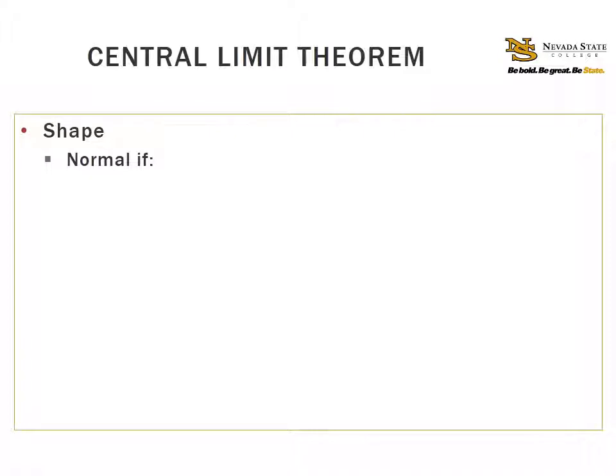So if we look at this, when it comes to shape, the shape of the sampling distribution, that's really like, is it a normal curve? Is it skewed? When we sketch it out in that graph, what does it look like? It depends on two factors. The first factor is whether or not the population distribution is normal, and also the sample size. So the shape of the population from which you sampled could be an issue if your sample size